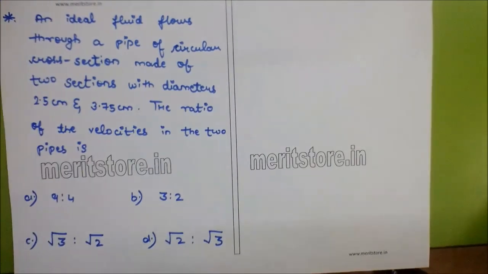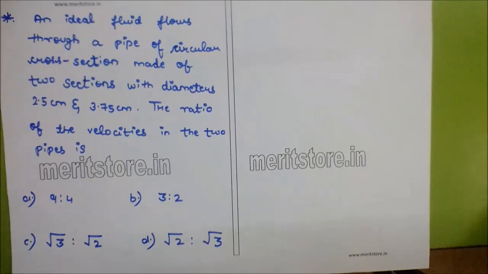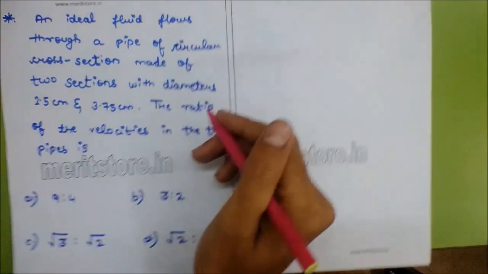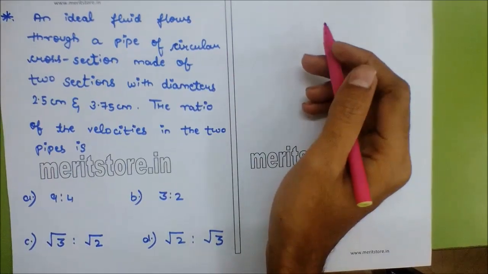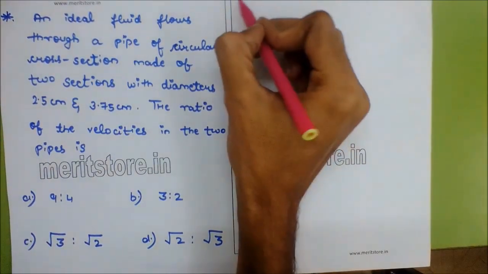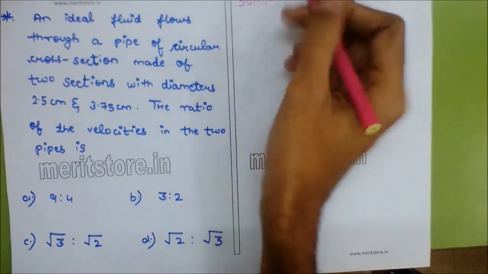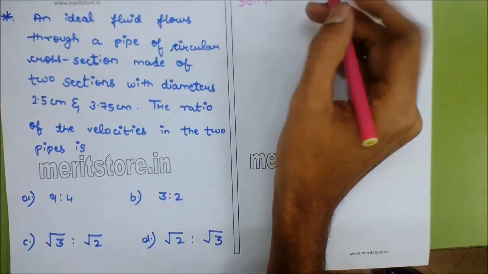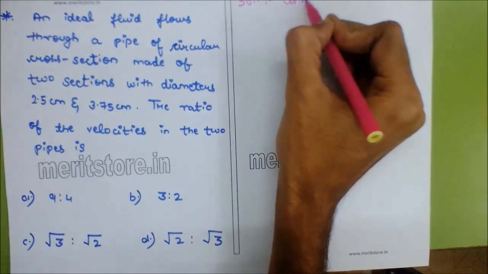A fluid flows through a pipe of circular cross section made of two sections with diameter 2.5 centimeters and 3.5 centimeters. The ratio of velocities in the two pipes is 9:4, 3:2, root 3 is to root 2, or 2 is to root 3. So basically what we have here is the two cross sections, and we have the flow of the liquid. From the continuity